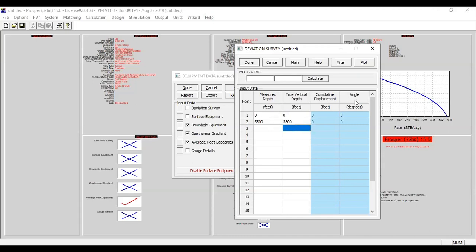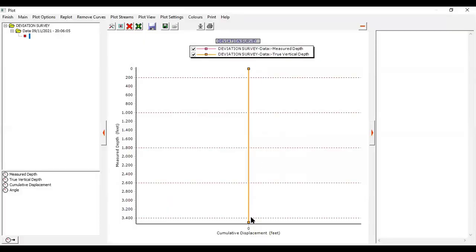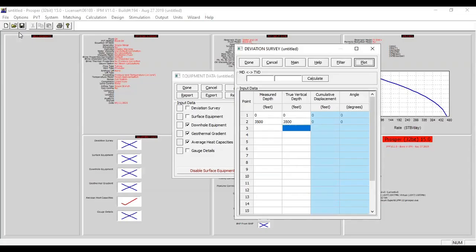This one I can plot. You can see this is the deviation survey of my well. It is a vertical well because the sucker rod pump is best for a vertical well. Done.